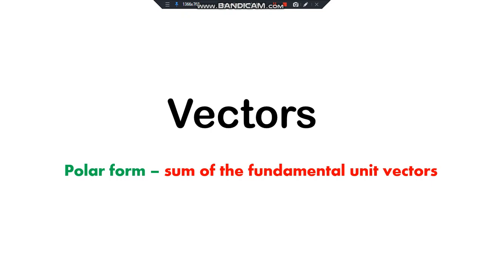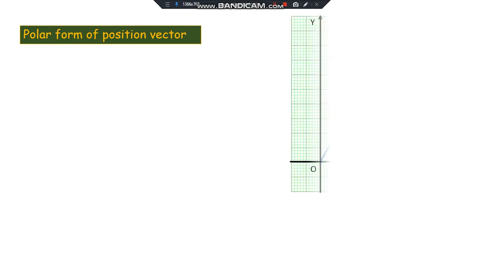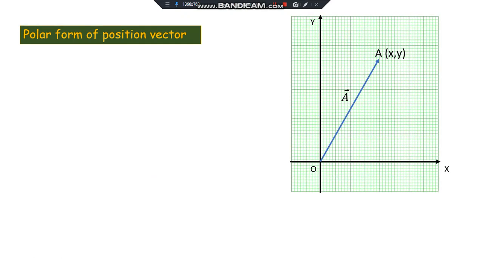Today, inshallah, we'll start a new video in geometry, vectors. We'll explain polar form and some of the fundamental unit vectors. So let's start with the definition of polar form of position vector. So we have OA is a position vector